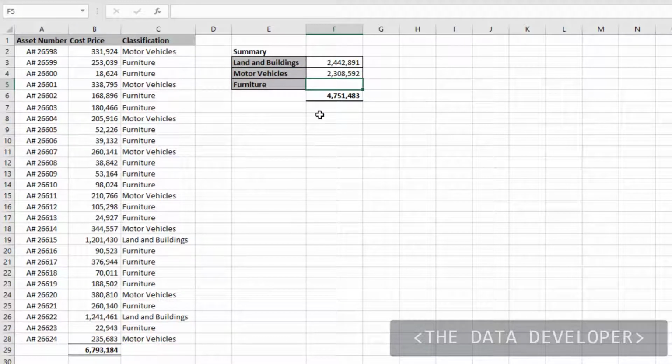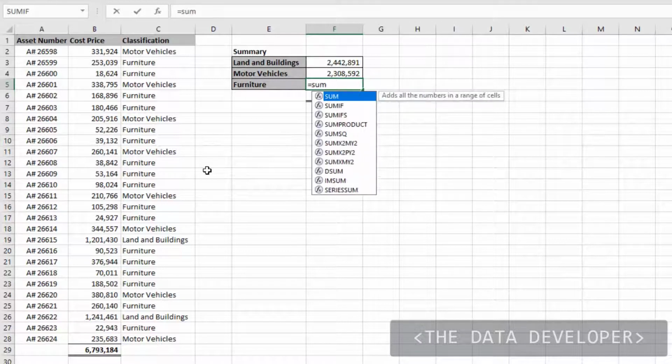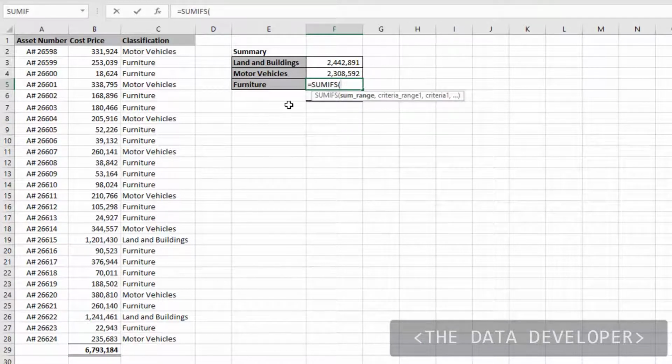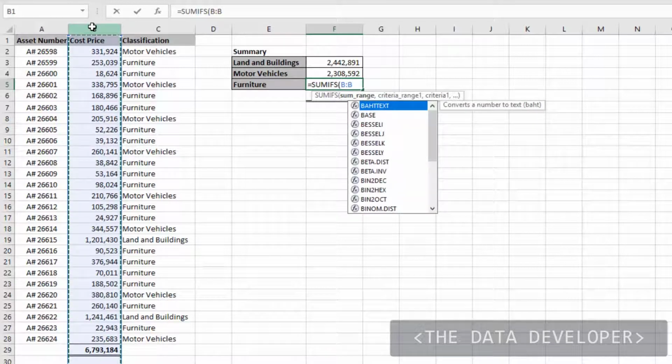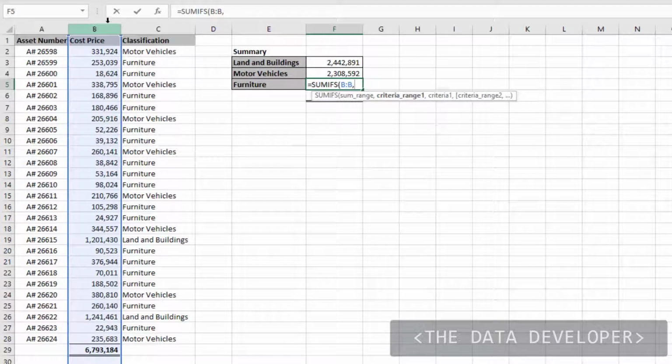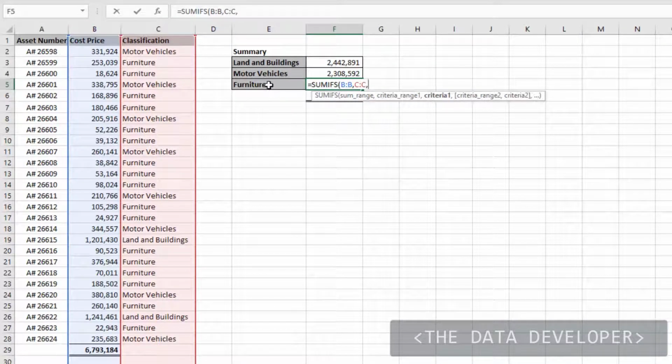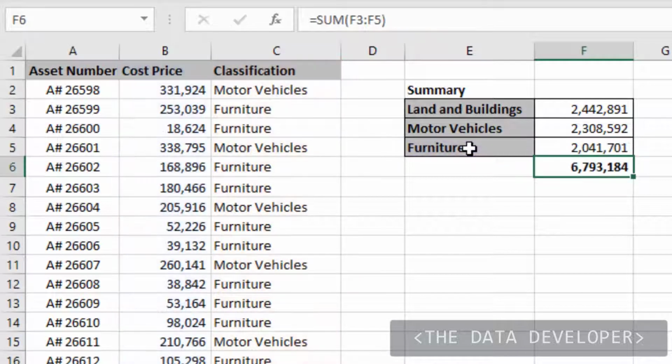One more thing I want to show you for most formulas is, if your data set's not big, and this is not a very big data set, what you can also do is, when you select the range, so what do you want to sum, you could click on this whole column B, then press comma, select the whole column C, press comma, and then your criteria, and it will work fine. This method is not recommended if you have very large data sets and you don't need to look at all of them. Otherwise you might slow down some of your worksheets, but for more than 90% of worksheets you are more than able to select the whole column without impeding your